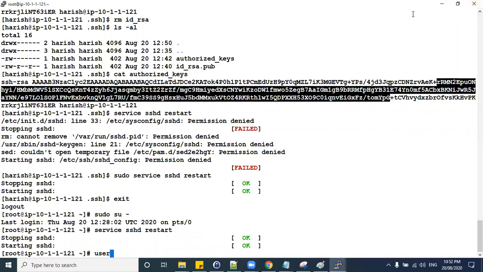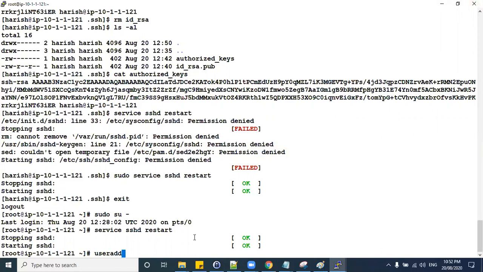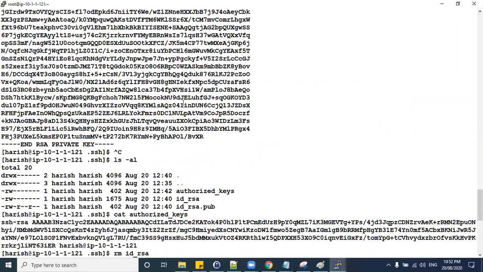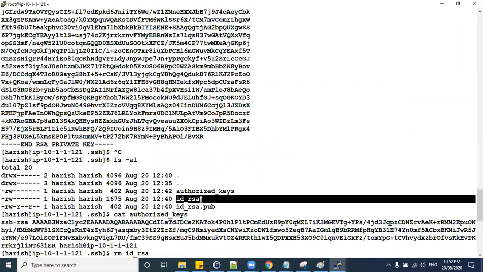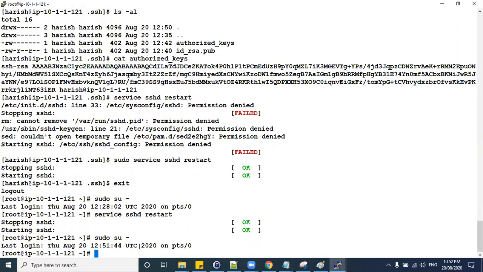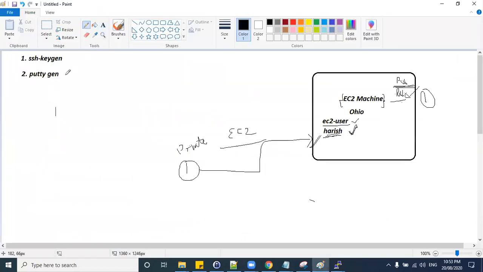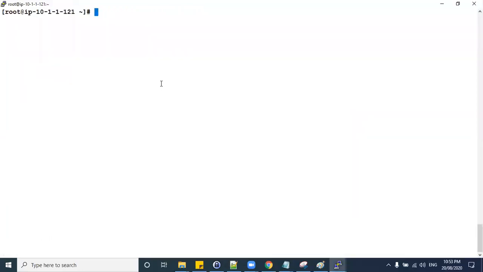Hey Hari, is it the same key that we actually assigned in the EC2 instance? Yeah, so this is the EC2 instance, right? We created a public key here, and this is the private key which we copied and use. So now let us use this second method, using PuTTY generator, we will generate one public and private key. Let us see whether this will work or not.